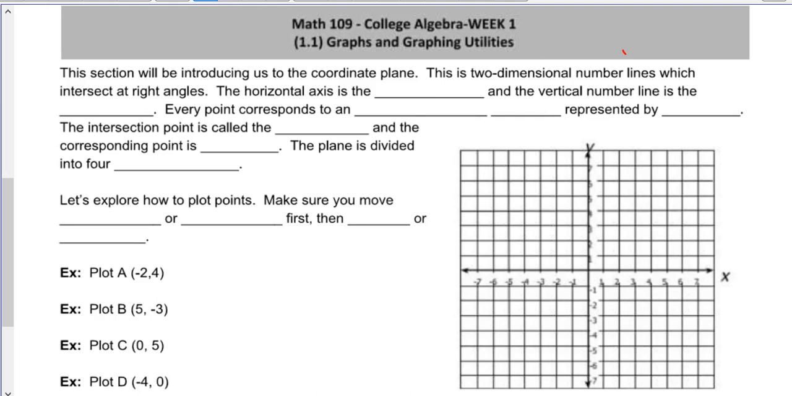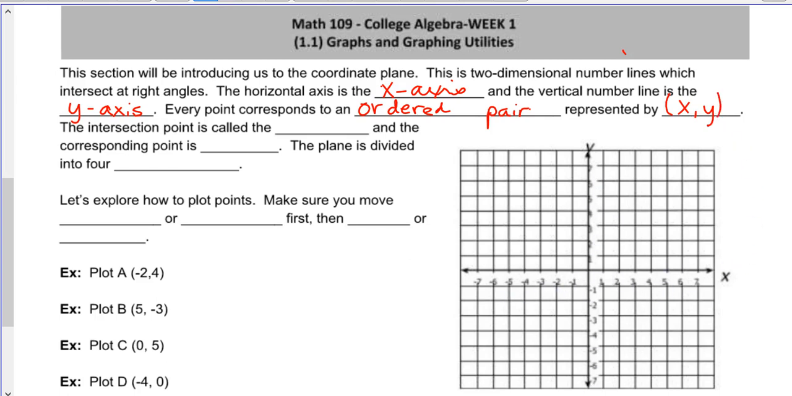This is two-dimensional number lines which intersect at right angles. The horizontal axis is called the x-axis, and the vertical axis, or the vertical number line, is called the y-axis. Every point corresponds to an ordered pair, is what we call them, because the order does matter of both of them, represented normally by x comma y, so we do the left or right axis first, then our